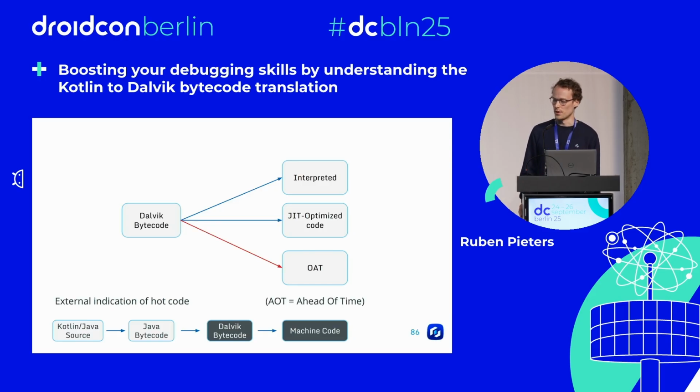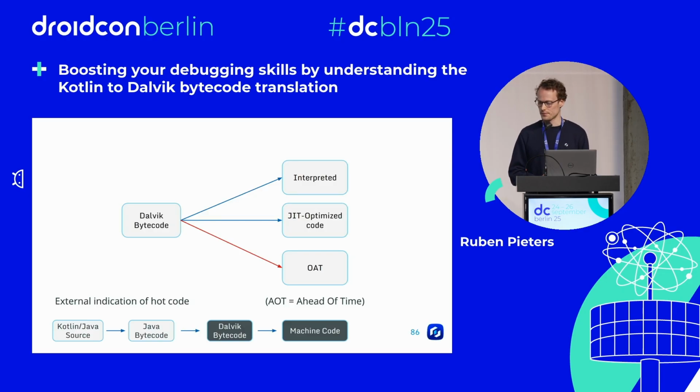And then there is OAT, which is supposed to mean ahead of time, but it's basically ahead-of-time compilation of your DEX bytecode. So this is really taking the DEX bytecode before it's running, compiling it to machine code, so it will run